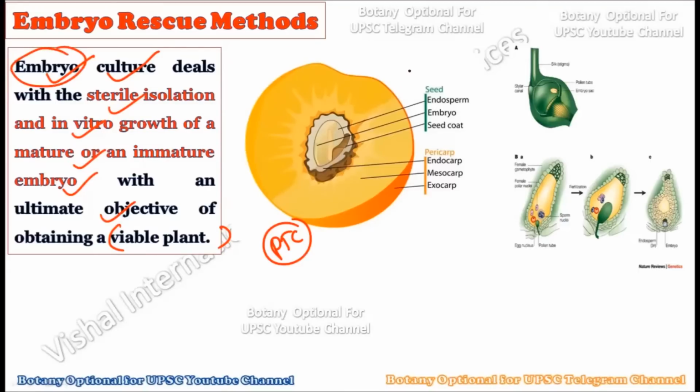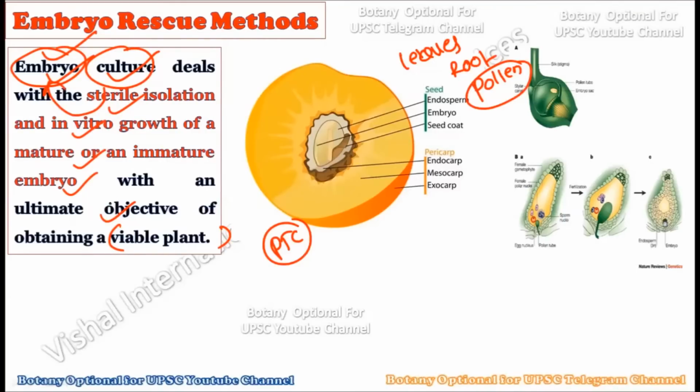As you know, explants can be different things like leaves, roots, and stems, and recently we have seen that pollen grains can also be used to create haploid plants, right? On such lines, we can also use the embryo, and that is why this culture, in which the explant is the embryo, is popularly called embryo culture.